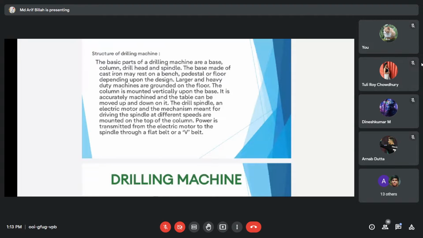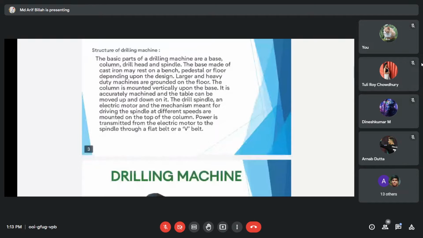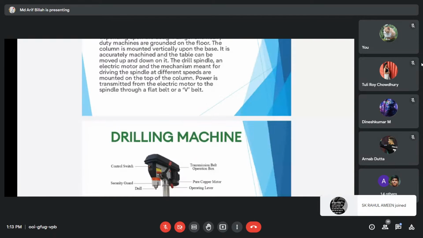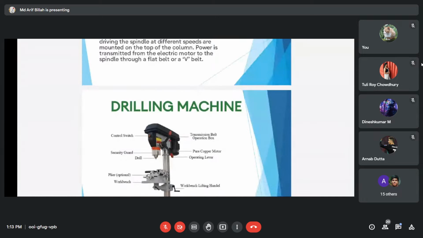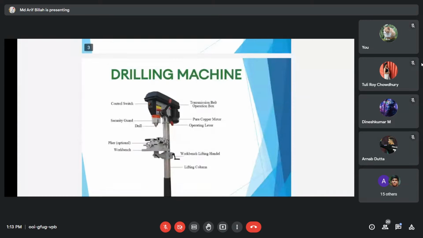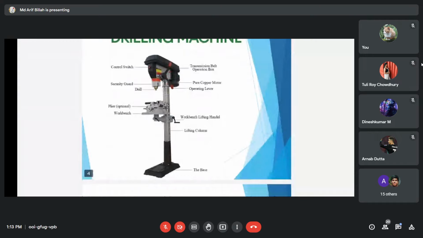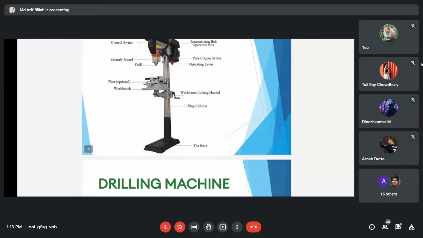It is accurately machined and the table can be moved up and down on it. The drill spindle, an electric motor, and the mechanism meant for driving the spindle at different speeds are mounted on the top of the column. Power is transmitted from the electric motor to the spindle through a belt like a V-belt. This is the picture of a drilling machine with all components marked as well. You can see this is the